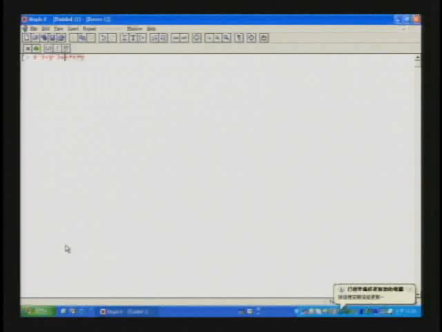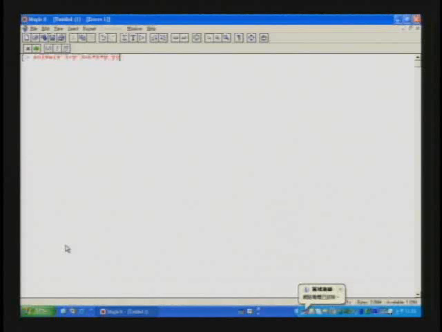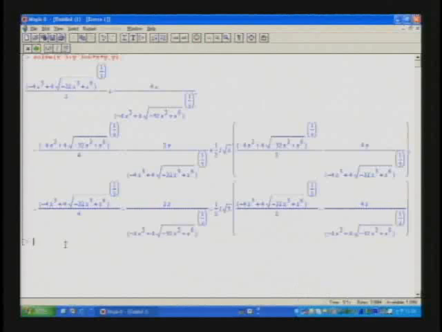Maple is able to solve equations. The command for this is solve. Then you have to tell Maple for which variable, y in this case. So solve this equation for y. You see that it takes a little bit of time, but Maple has no problems